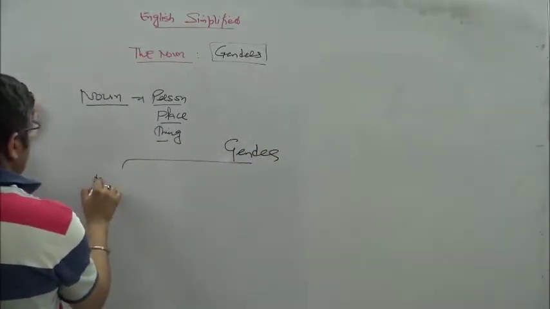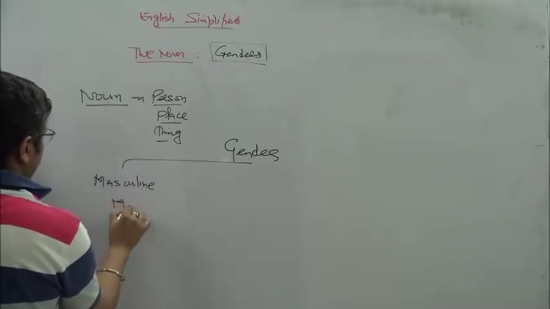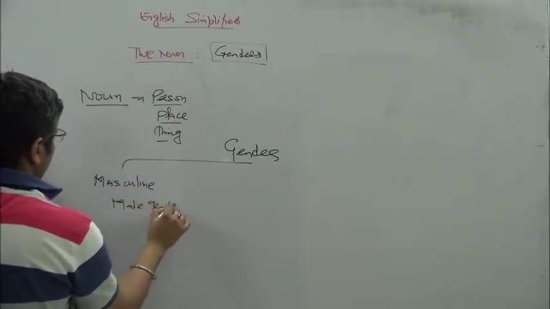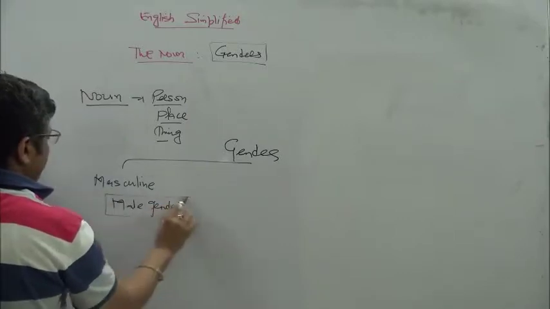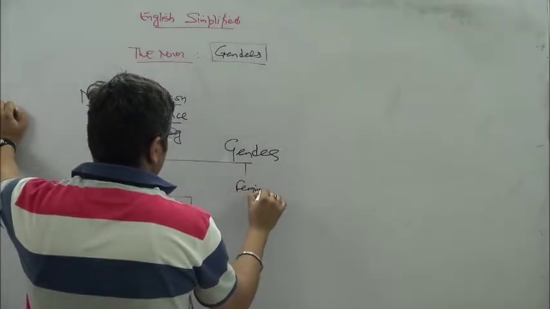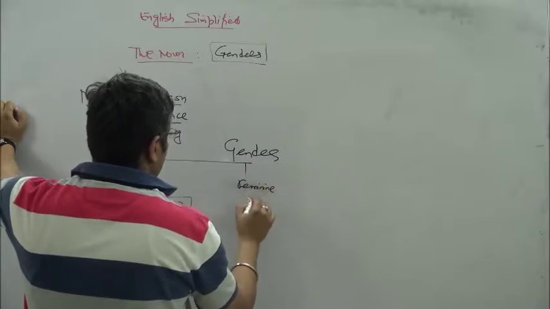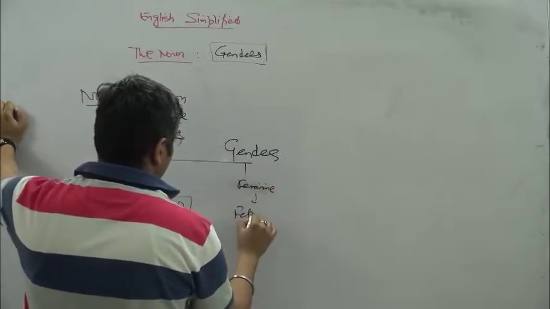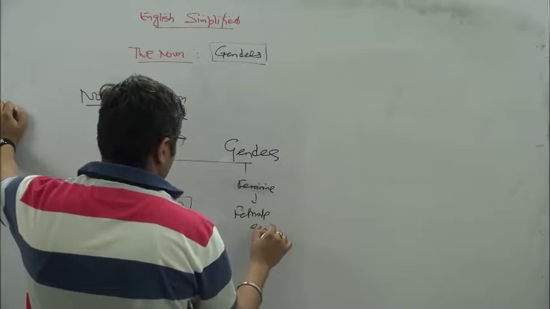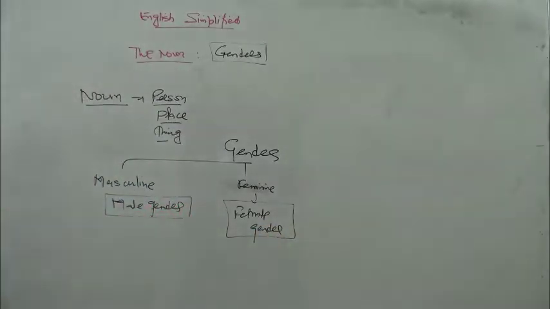One is masculine, representing a male gender. Feminine, representing of course a female gender. Okay, and then we have something like a neuter gender,